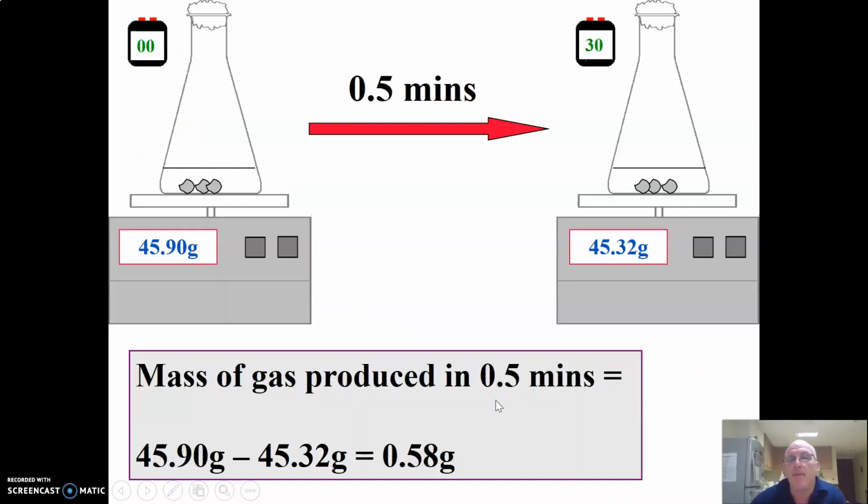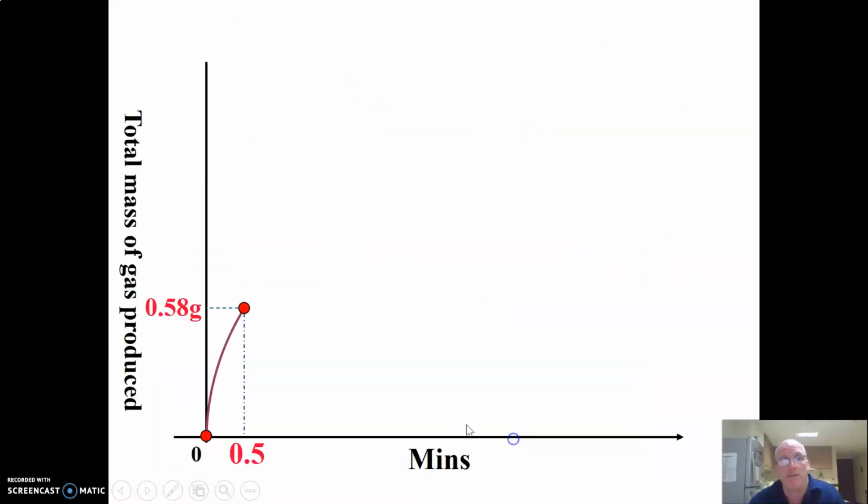Okay. There's another way you can treat this, and that is every so often, let's say half a minute, you can record the mass, you can subtract it from the initial mass, and you can get the mass of gas produced up to that time. And you can keep doing that. Another half minute along here, take the mass, again subtract it from the beginning, and get the mass produced up to that point. So here you can see in half a minute I've produced 0.58 grams,